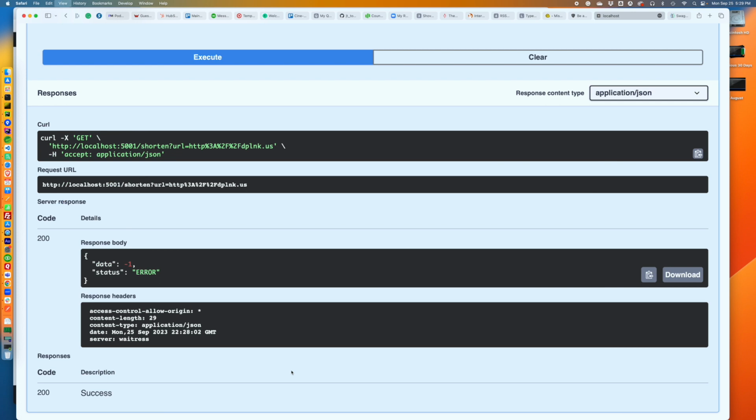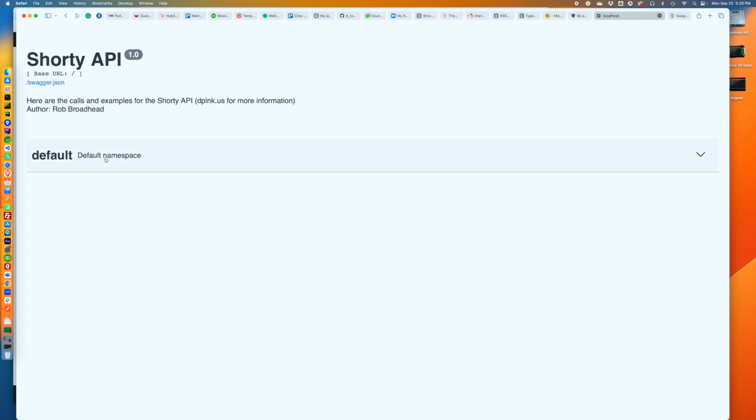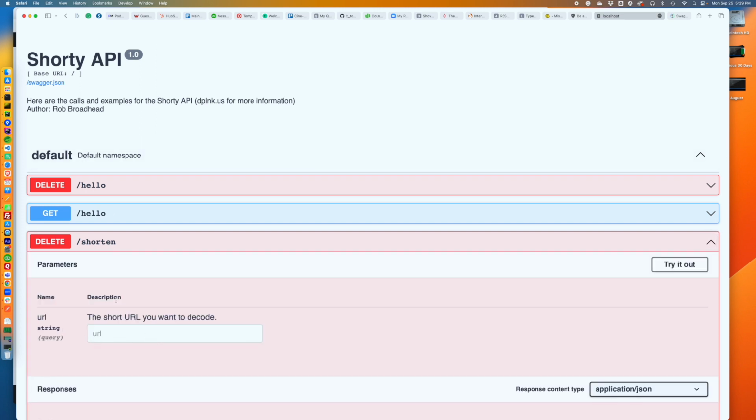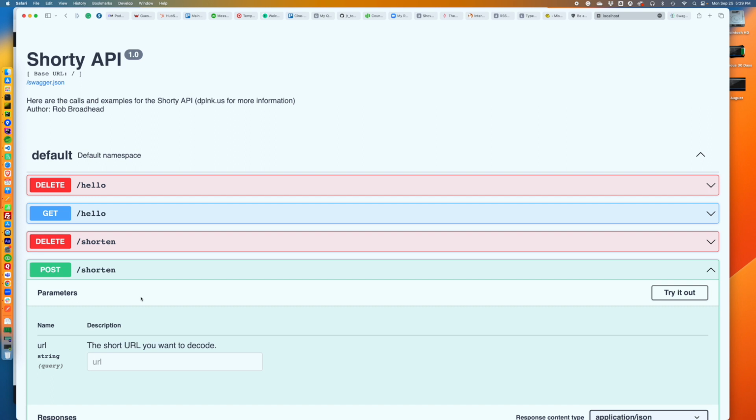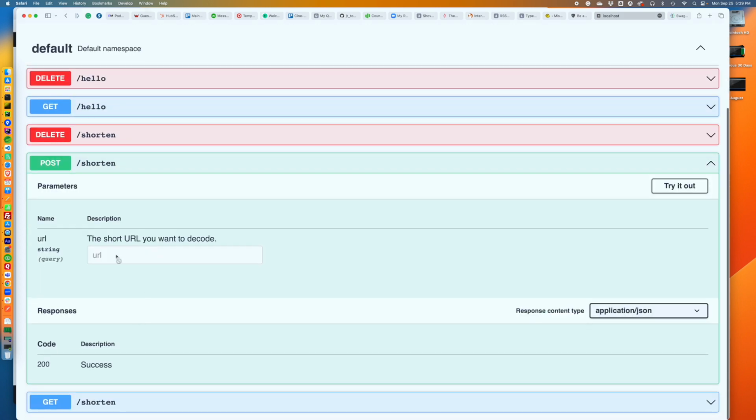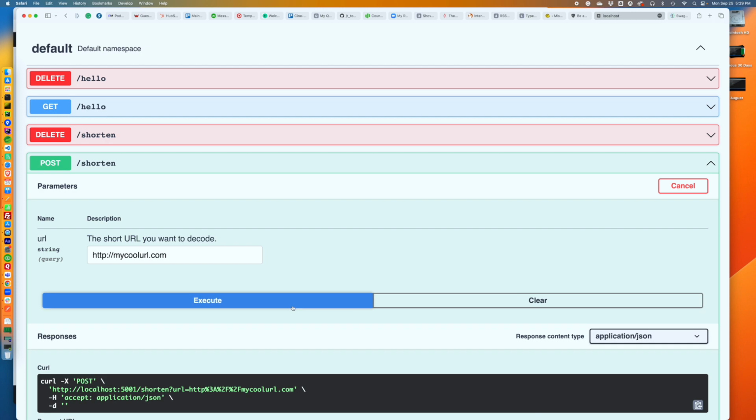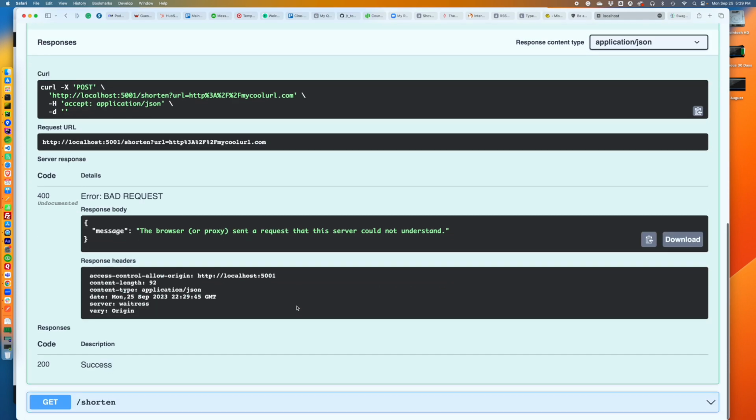So when I do it up at the class level, each of the shortens now have URL as a parameter. So if I try it out with post, there we go. Okay. So if I want to do http my cool URL.com and I execute it,